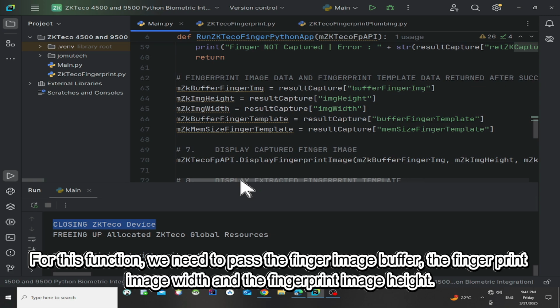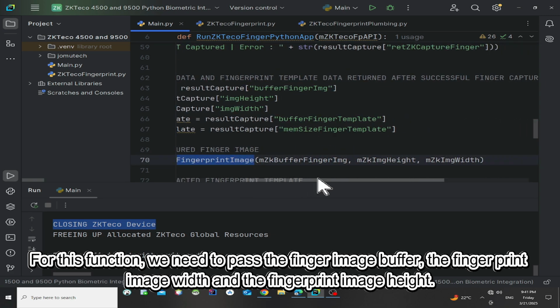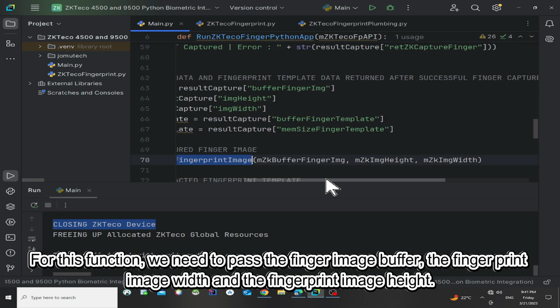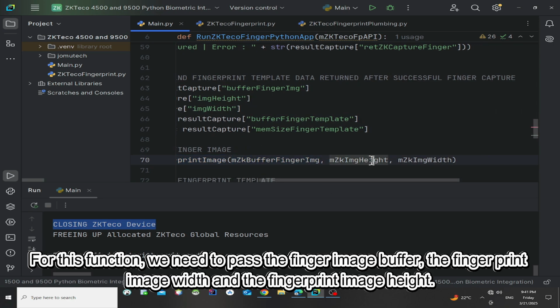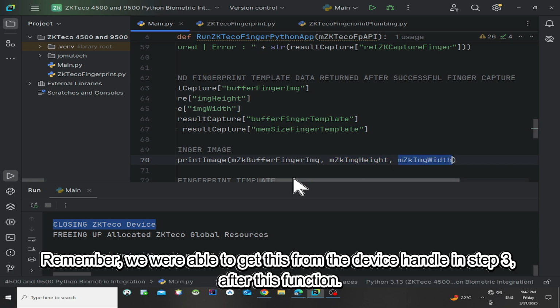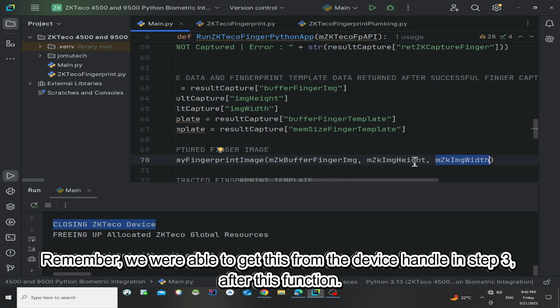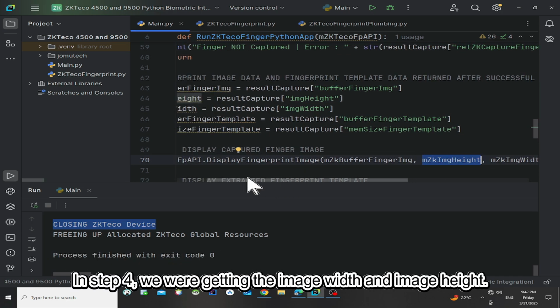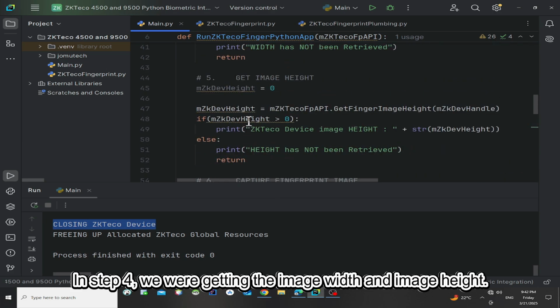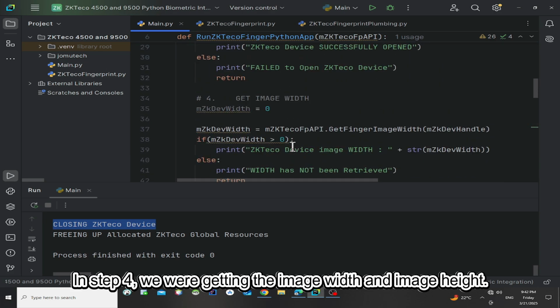For this function of displaying the fingerprint image, we need to pass the finger image buffer, and the fingerprint image width and height. And remember, we were able to get these using the device handle, in step 4 and step 5, where we are getting the image width and image height.